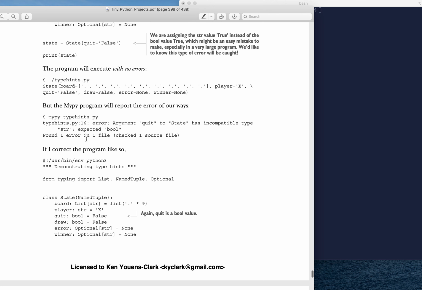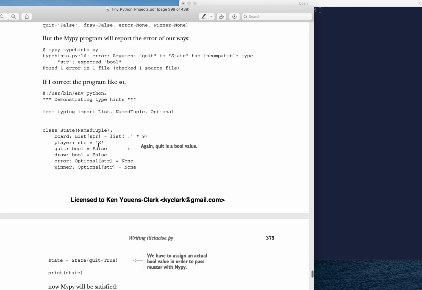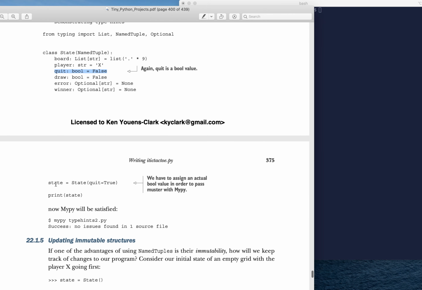So here, if I correct the program, this is what was going on. This is what we're trying to fix. If I set quit here to be equal to true, which is actually a Boolean value, and now I run MyPy on this other version where I've fixed this, it will tell us there are no problems. Just because it doesn't find problems doesn't mean that your program is perfect, truly.